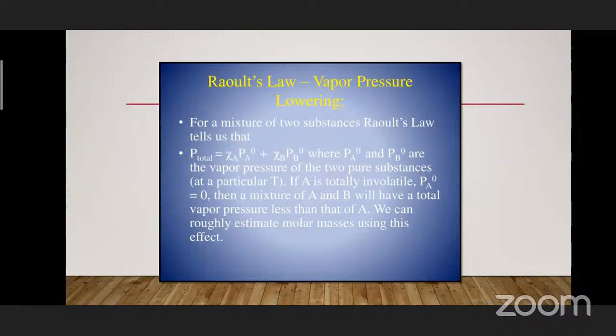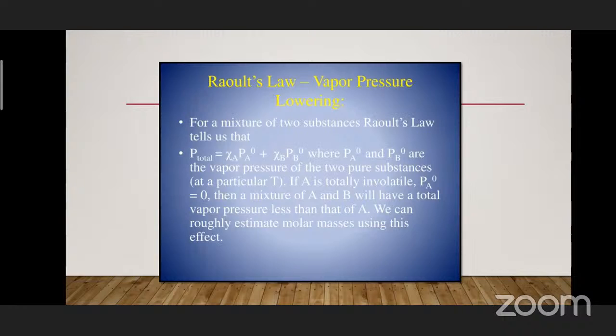That gives us the vapor pressure in the solution. So see here, P total is the sum of the vapor pressures of both the components A and B, where P naught A and P naught B are the vapor pressures of the two pure substances